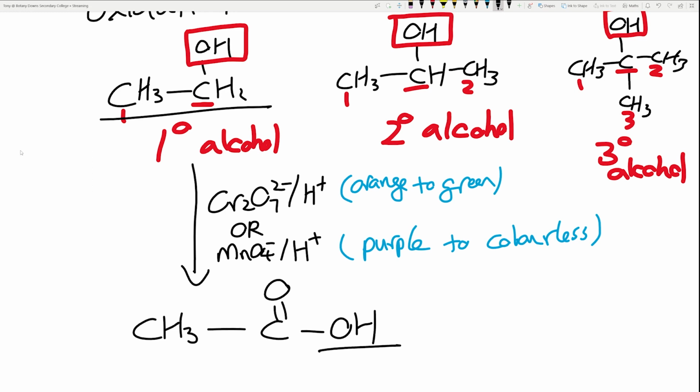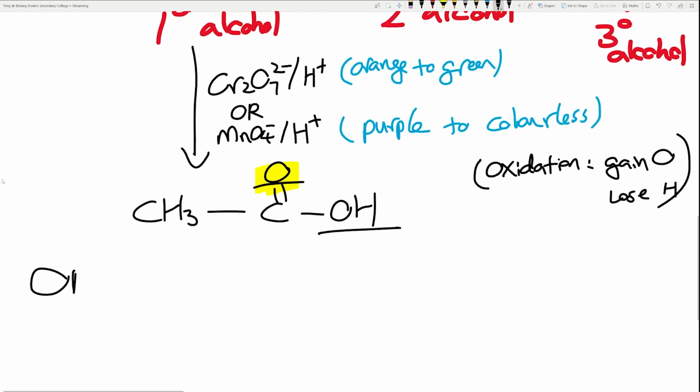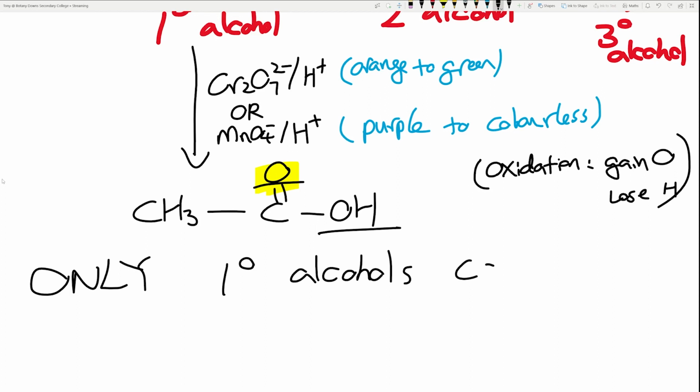So you keep the OH, you can see the OH is kept, but what has happened is that you lost these two hydrogens and then you gained an oxygen. Another way of explaining redox, besides talking about electron transfer and oxidation number change, is that an oxidation reaction is when you gain oxygens and lose hydrogens, and this perfectly fits the criteria. I've lost two hydrogens, I've gained an oxygen, and that's an oxidation reaction. It's really important that you understand that only primary alcohols can oxidize